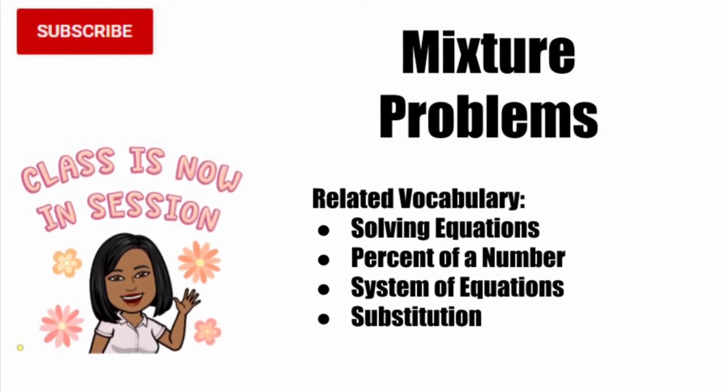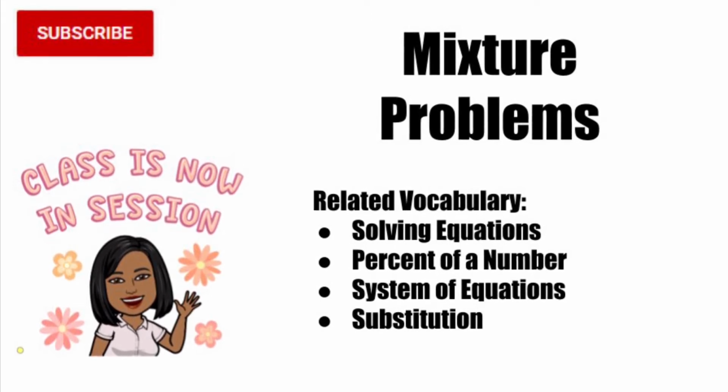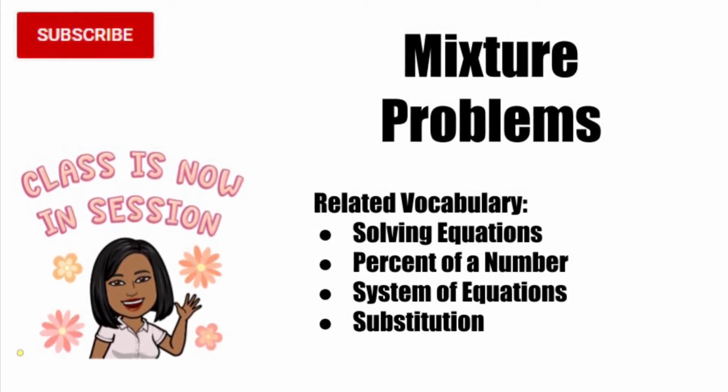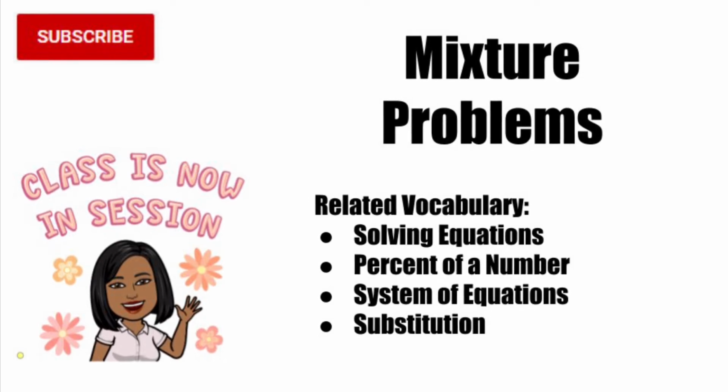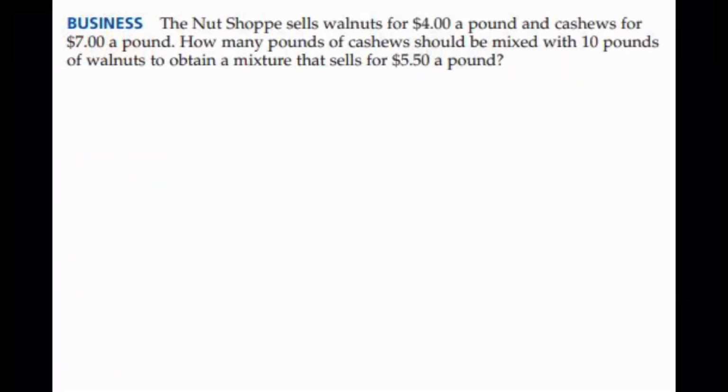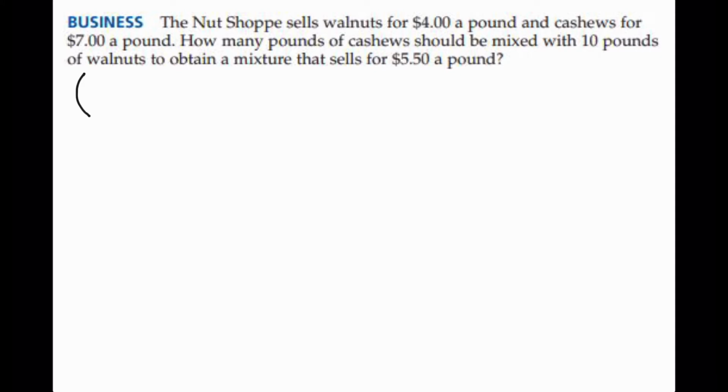Now let's begin class. Today's topic is mixture problems. The nut shop sells walnuts for $4 a pound and cashews for $7 a pound. How many pounds of cashews should be mixed with 10 pounds of walnuts to obtain a mixture that sells for $5.50 a pound? So I would set this question up as the number of units